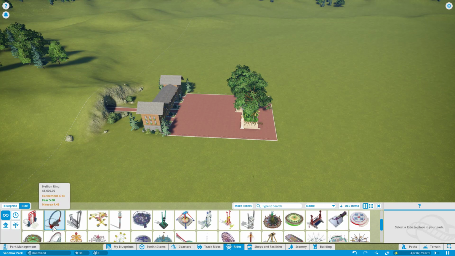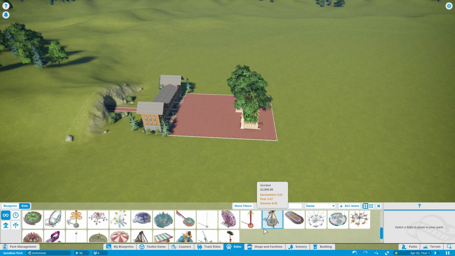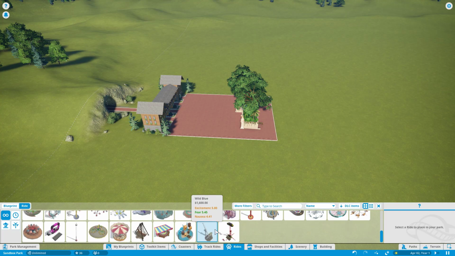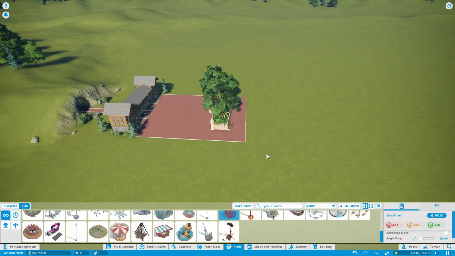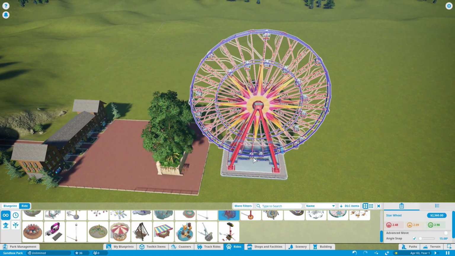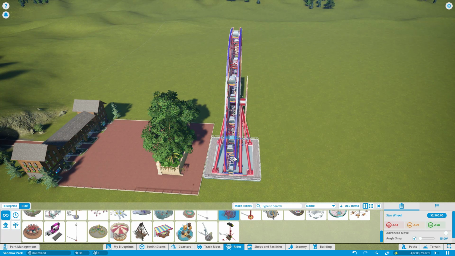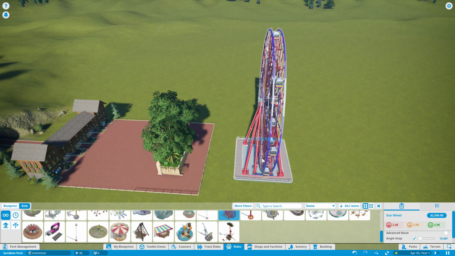in Planet Coaster. So next I'm just going to go ahead and put just a real basic ride. I'm going to put a Ferris wheel here. This is one of the easier attractions to do because it's square. There's no issues with the grid. When you get into the round attractions, it's a little bit different, so we'll get to that. So I'm just going to go ahead and again flip this around,